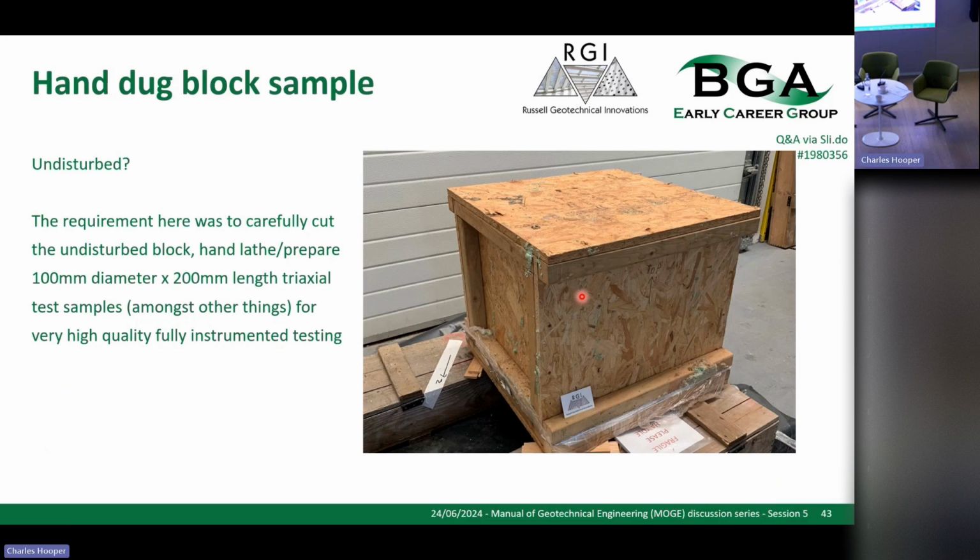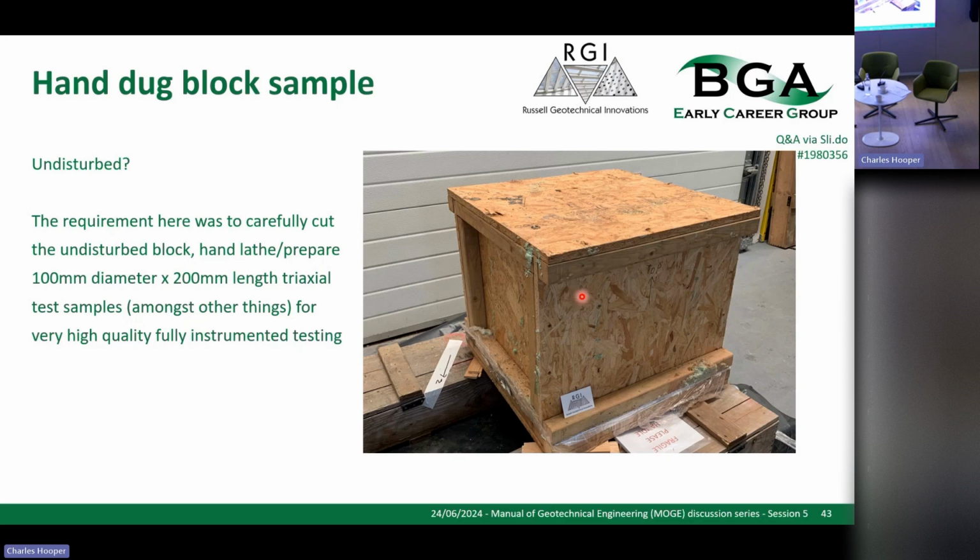This is basically supposedly the best of the best. It's a hand dug block sample, and as you can see, it's in the box. We can't see in the box. It's the famous game, What's in the Box? And